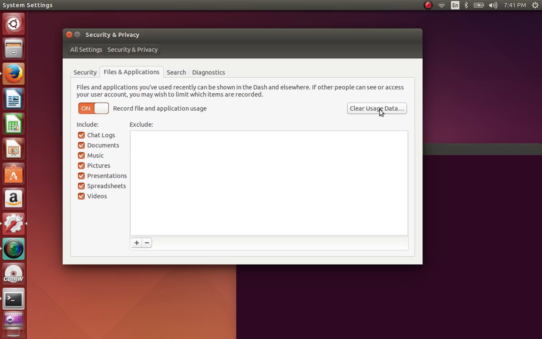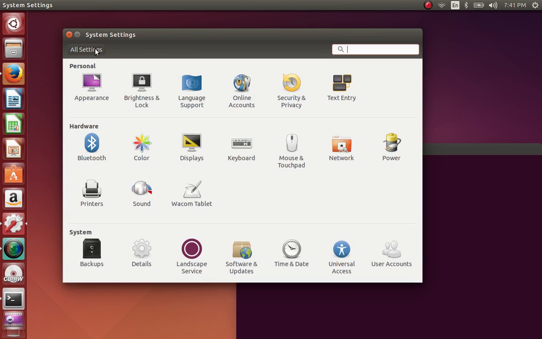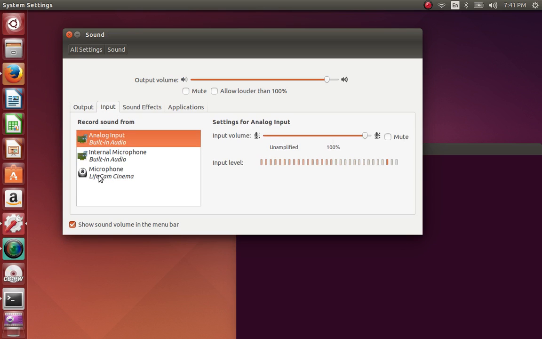So you can say clear usage data. This is pretty useful stuff when you're trying to clean a computer, because we use a lot of tools in the Windows environment, and we will find those tools the same way in this course. Other things are pretty normal, printers, sound. If there's a user that does a lot of recording, you would click on this and go to input and see what we are using. Right now I'm using my Microsoft